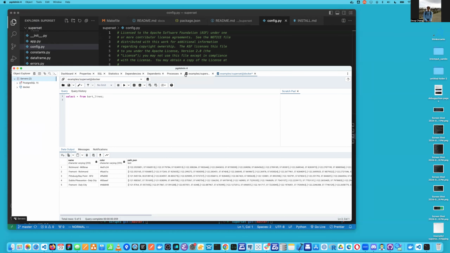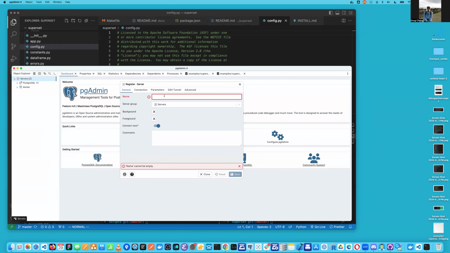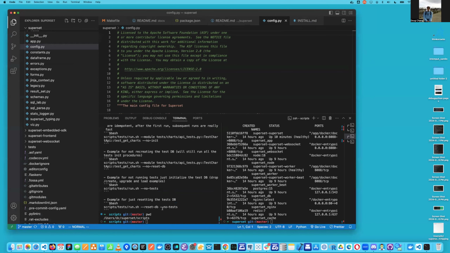Here, dashboard. So if you say add new server, where do you get this name? And so it turns out that this name can be either the name or the IP address or the connection string. So to get that, what we're going to do